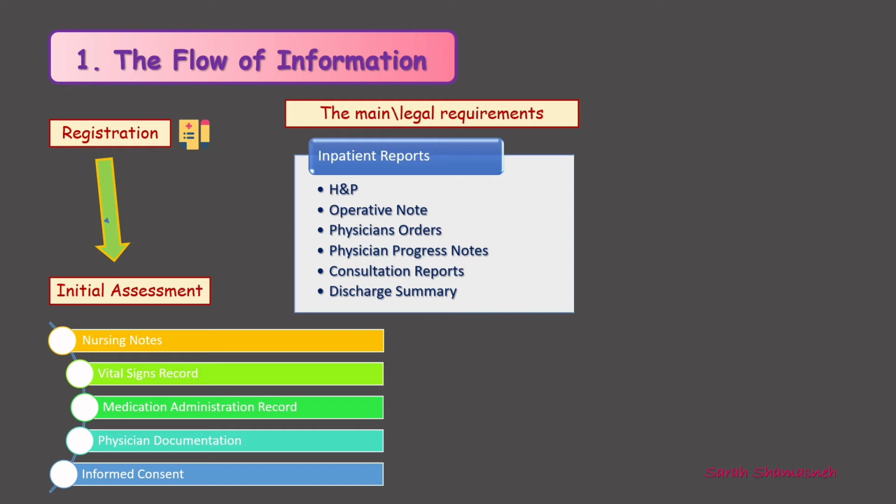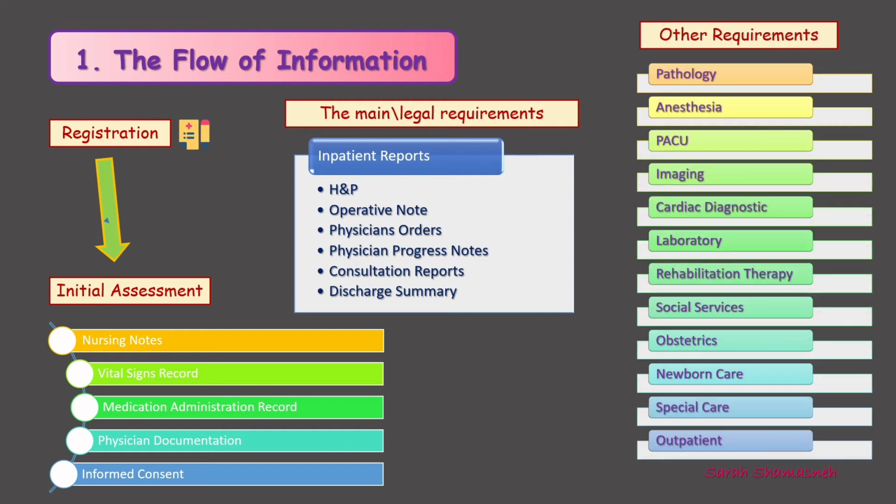The fourth part is the other requirements, not the main requirements. It may be required or not. It includes the pathology, documentation of autopsy tissues or organs that need to be examined per hospital policy, anesthesia reports required when the patient undergoes any type of anesthesia,